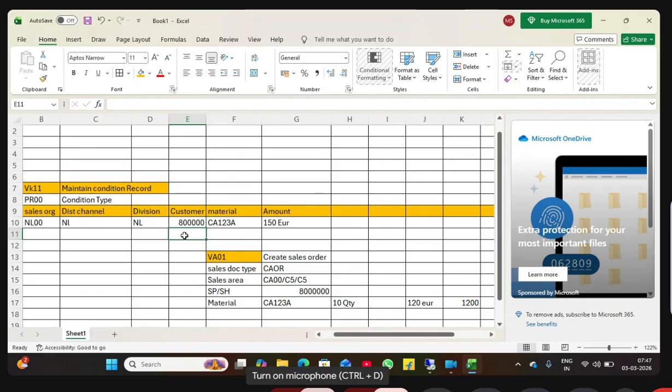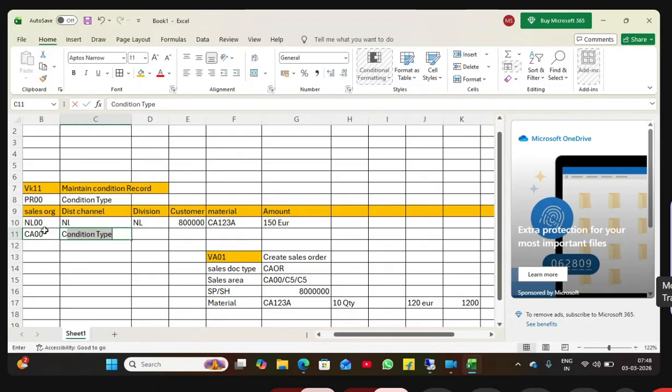The master data team is there from the client side. They are going to maintain it, but we are going to guide them. This way, you are going to create the sales. This way, you have to maintain the combinations, whatever combinations they require. This way, they are supposed to maintain the data to pick the price into the sales order. One more entry and you can enter. Row number 11, CA00, C5, C5, same customer and same material.